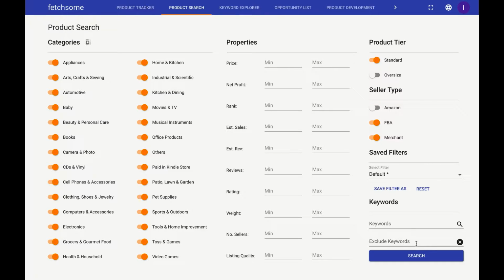So let's go ahead and do an example. Let's say I want a product between $19 and $50. We're gonna leave net profit and rank empty for now. For the amount of sales, I want at least 250. We're gonna leave out estimated revenue, but for the amount of reviews, I would like maximum 60, which indicates lower